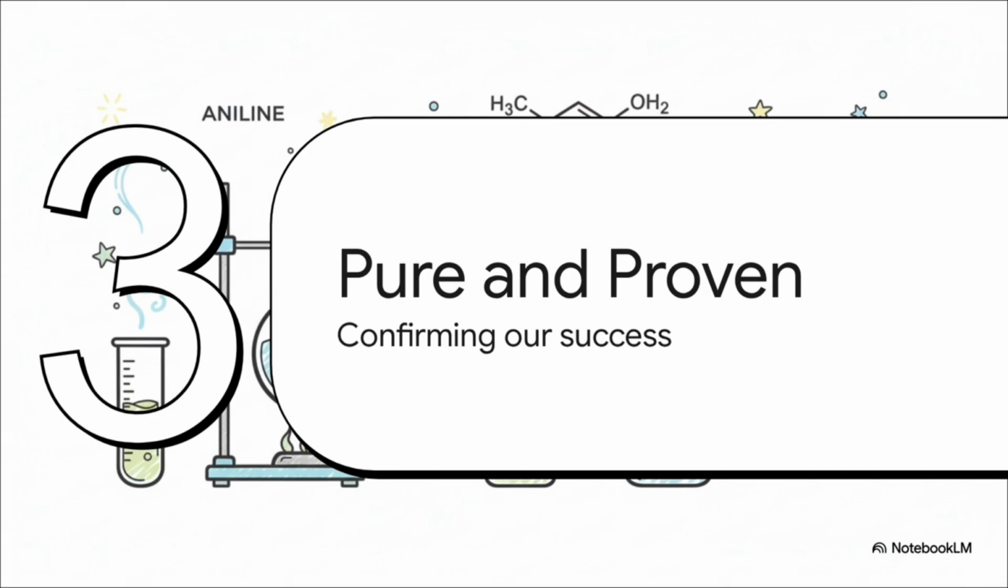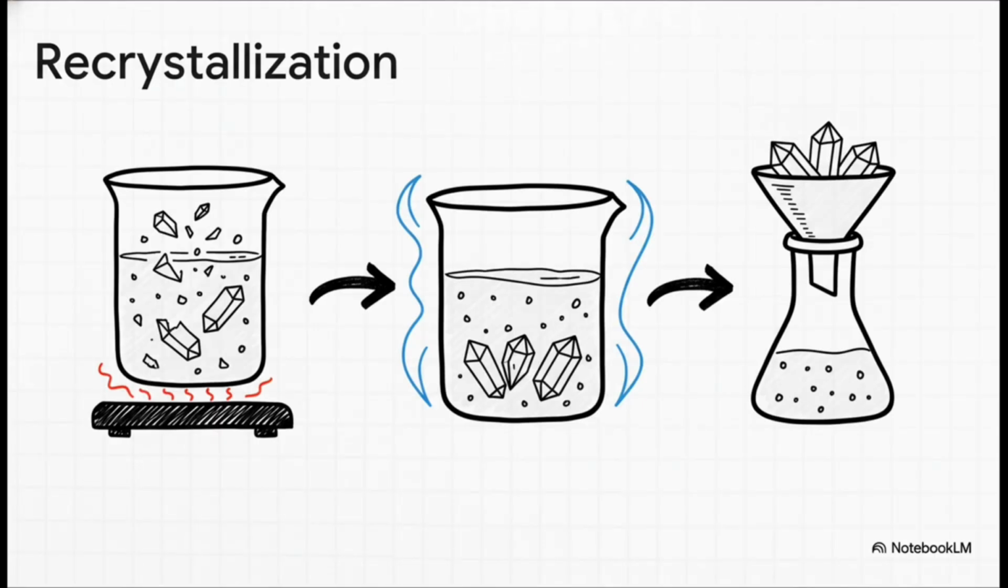So we've made them, we've cleaned them. But in science, looks like is not good enough. You have to prove it. You need hard data to show that you made the right stuff. For those who want exceptionally pure crystals, there's this really elegant technique called recrystallization. You dissolve your crude product in just enough hot water to get it all into solution. Then you let it cool down very, very slowly. As it cools, the acetanilide molecules find each other and arrange themselves into beautiful, perfect crystals, leaving all the junk